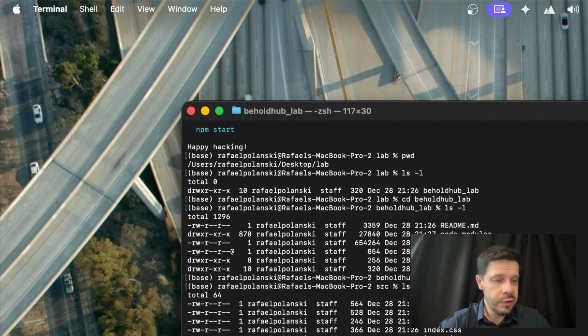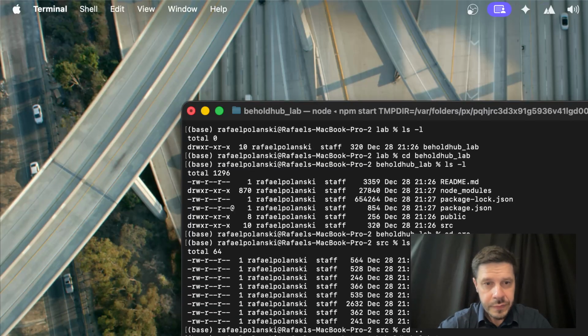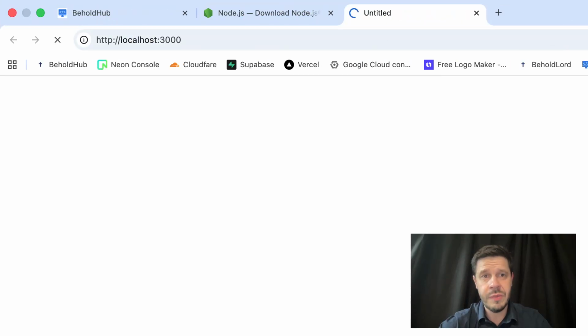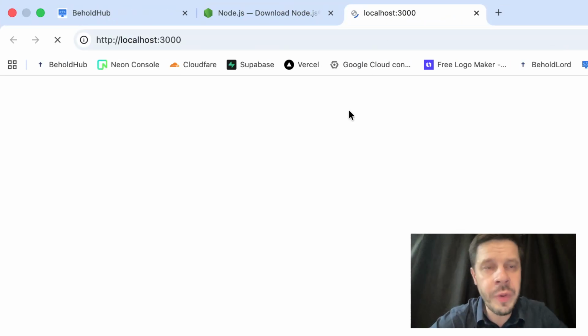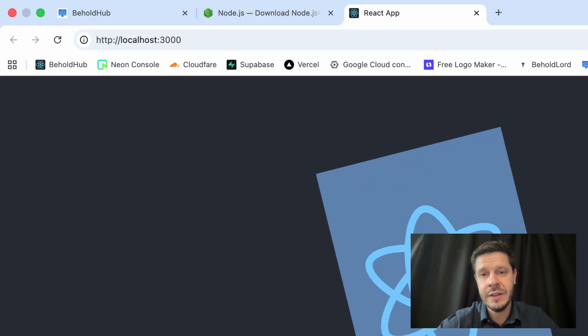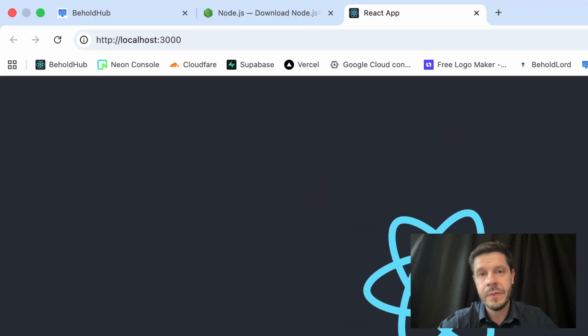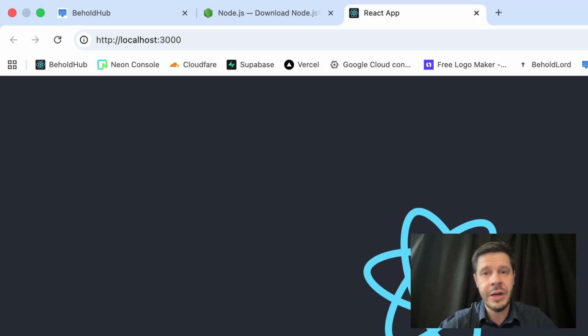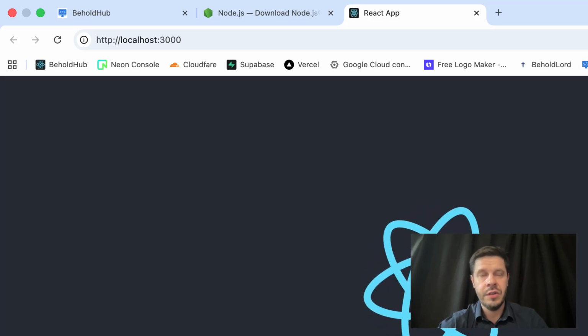So I'm going to do now an npm start. If I do that, it's going to start the server, and I need to press allow here, and boom, it's opening my localhost under port 3000, and this is my React program actually working at this moment based on the code that is part of the standard. So with this explained,